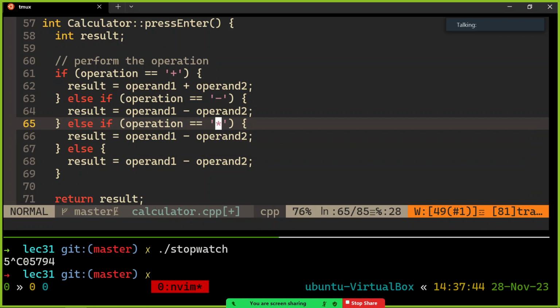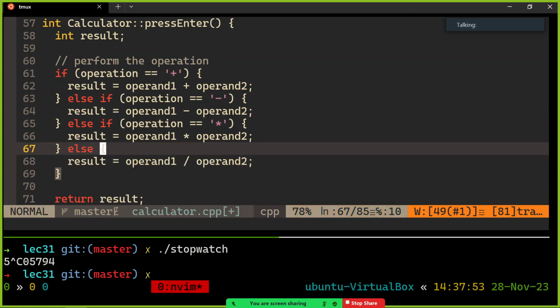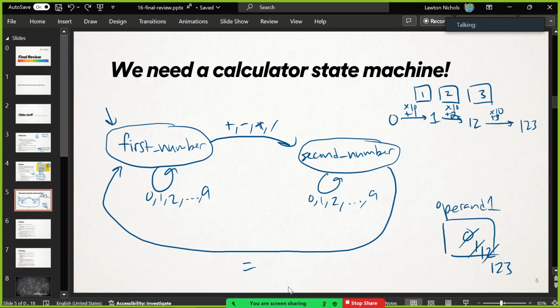And then, otherwise, if it was multiplication, we're going to do the result is operand 1 times operand 2. Otherwise, just pretend it's slash. Those are the only options. Then we're going to do division, integer division. Okay? So that's the main bulk of the work that the press enter does, but it also should get us